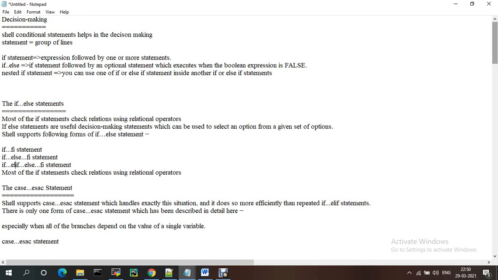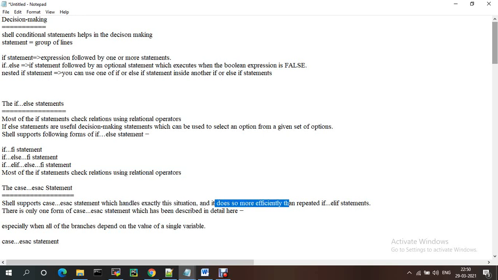If the statement is true, it will again check whether another statement is true. When an if is inside the if statement, we use elif. Most if statements check the relational operators.